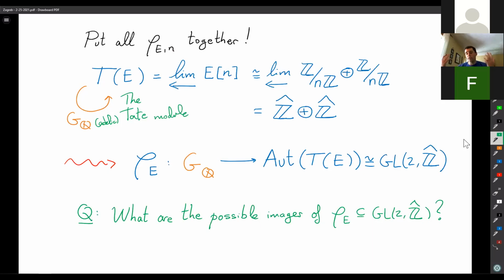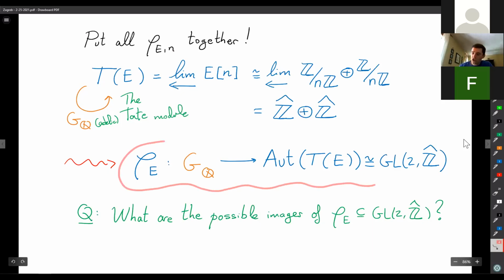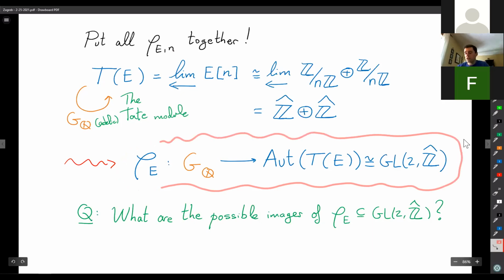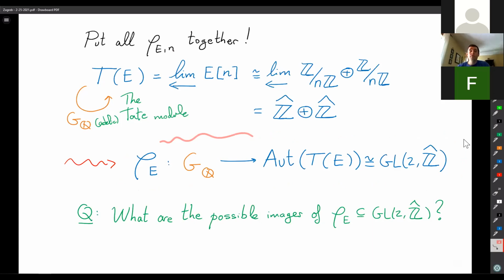If you put all the n-torsion together, you get the adelic Tate module. The Galois action acts on the Tate module, and it induces a representation of the absolute Galois group that maps into GL2 of Z hat once you've picked a basis. So the question which would answer all of the questions about, before, and many other questions about elliptic curves, is